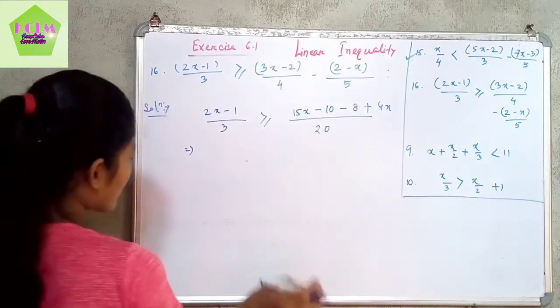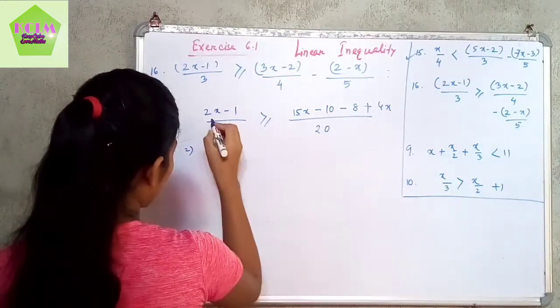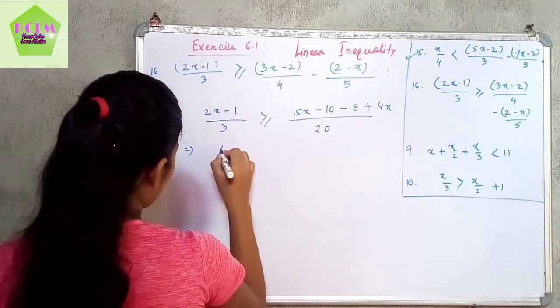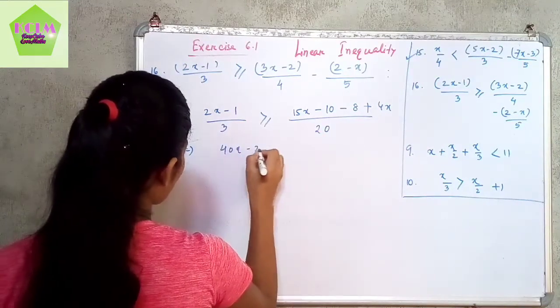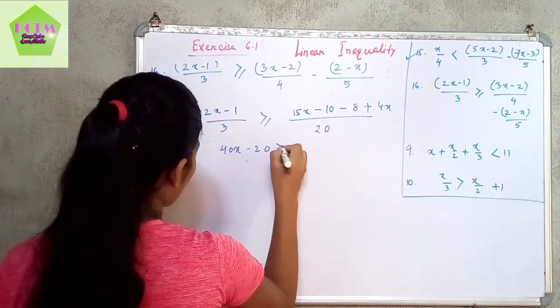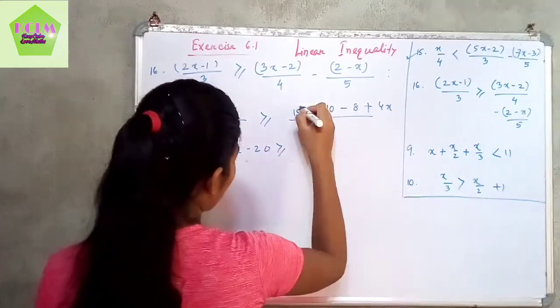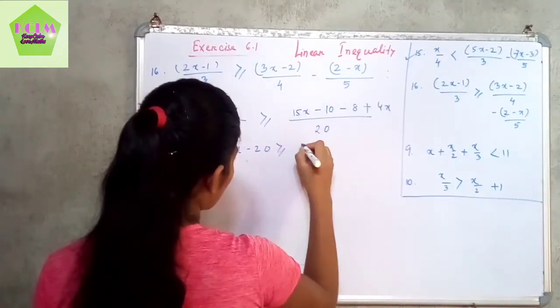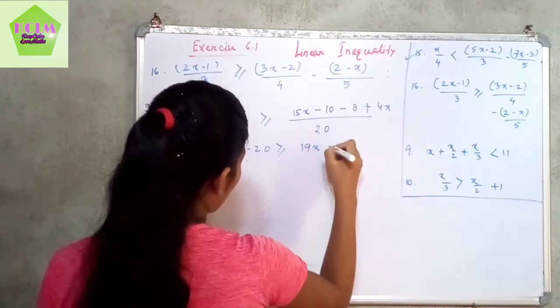Now cross multiplying the terms, twice x minus 1 into 20, 40x minus 20, greater than or equal to. Now 15x plus 4x, that means 19x, and 18